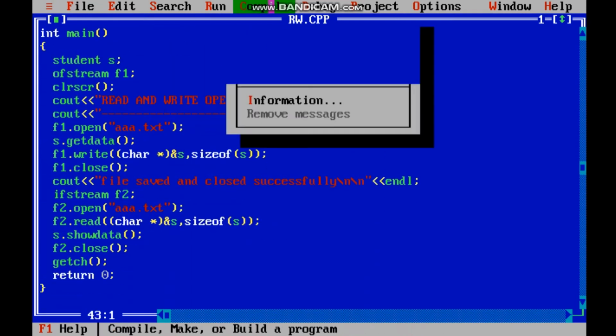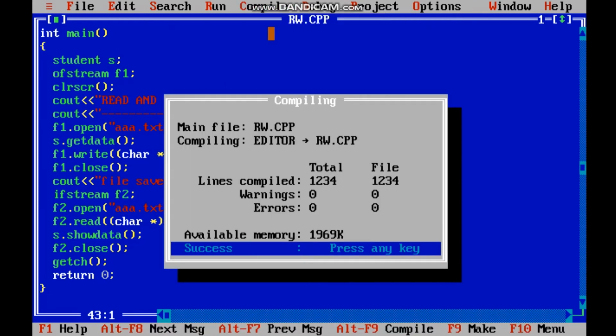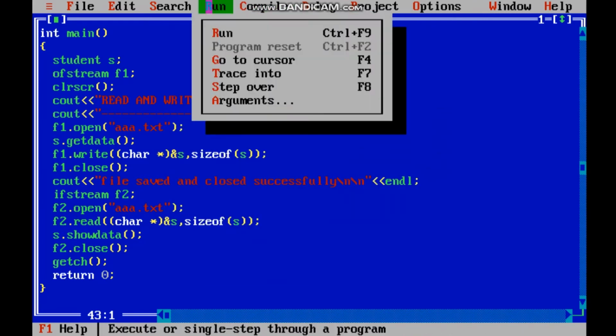Now let's compile it. No error. Executing it. It asks for the name and age, and it stores it in the AAA text file, and at the same time displays the data from the file on the screen.